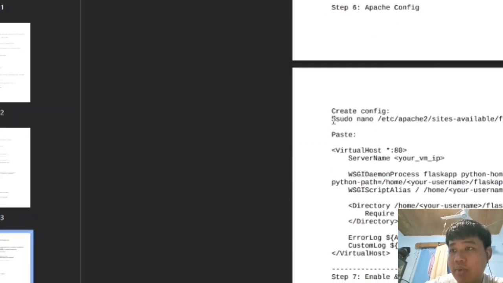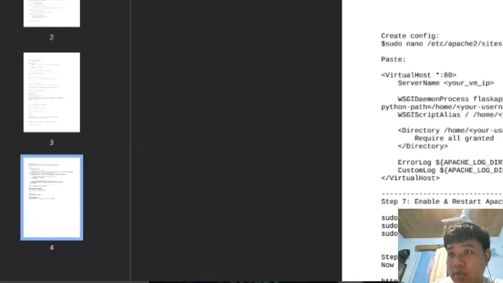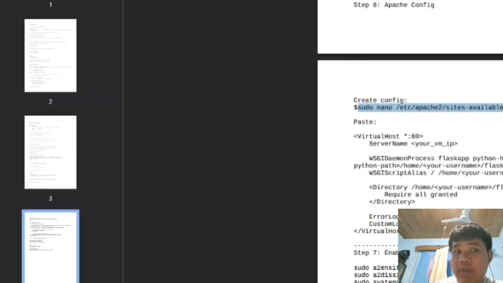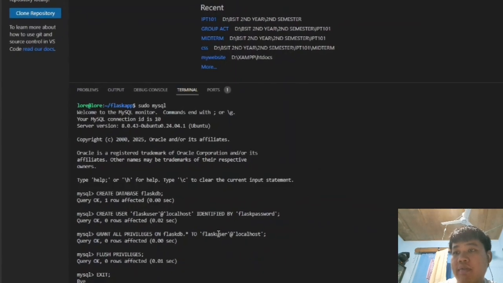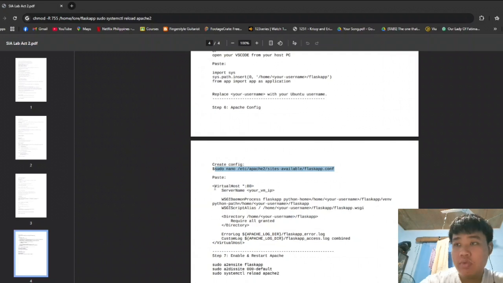Then after that, our Apache configuration, just copy this, which is sudo nano and then flaskapp.conf, which we will create our config using this code.